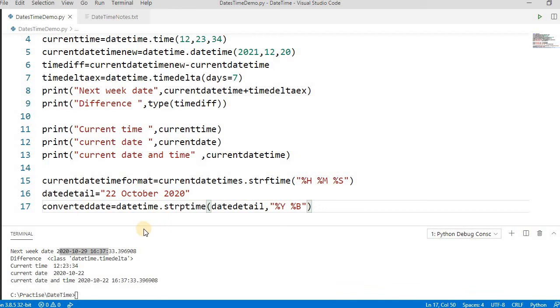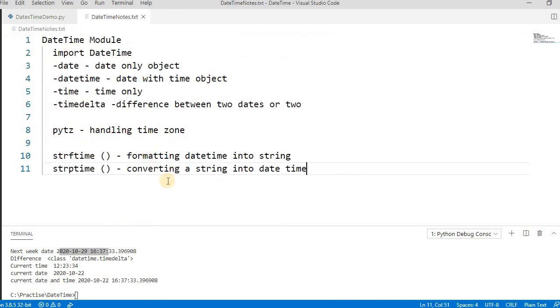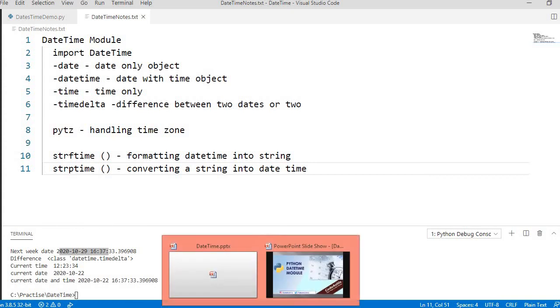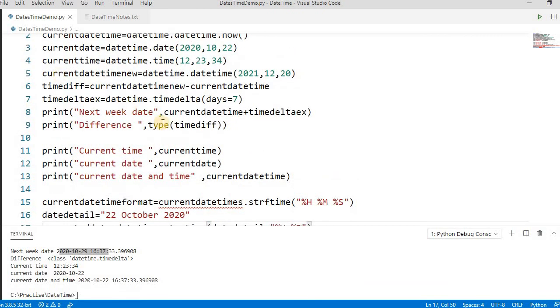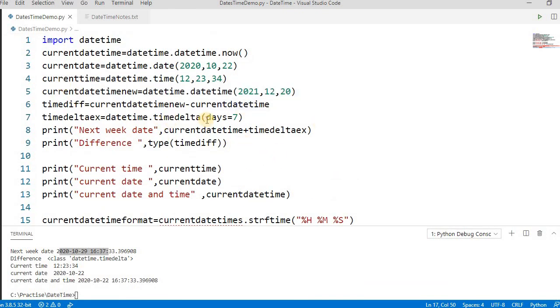There is one more module, pandas, that is used mostly in data science, and that is also for handling date and time. Okay, this is a shorter overview of how to use the datetime module in Python. It's an easier way. You can get all these details.